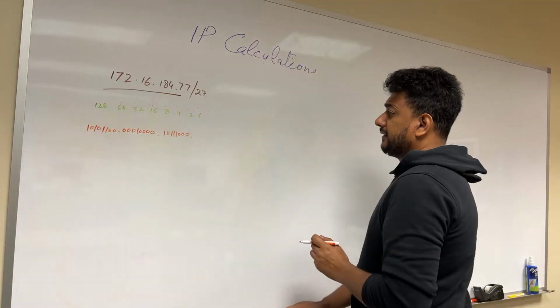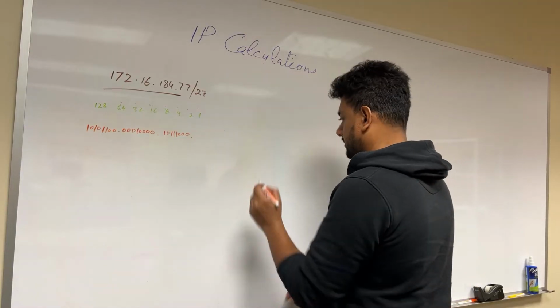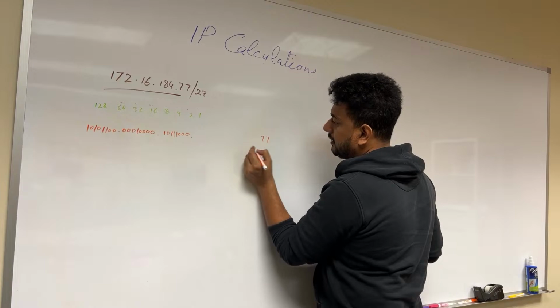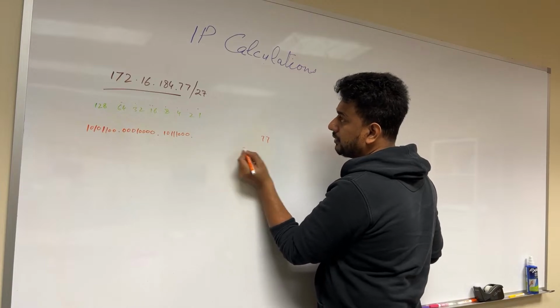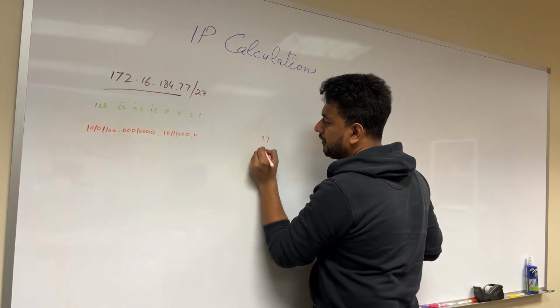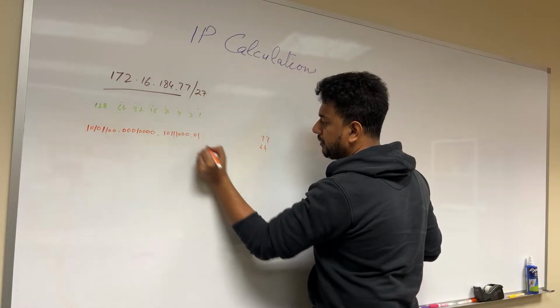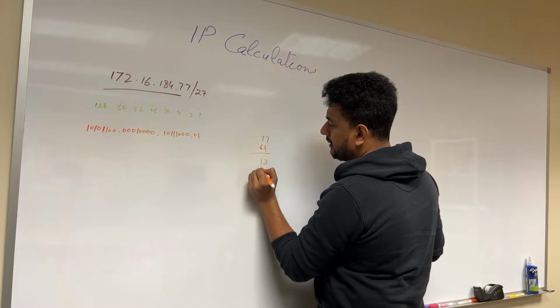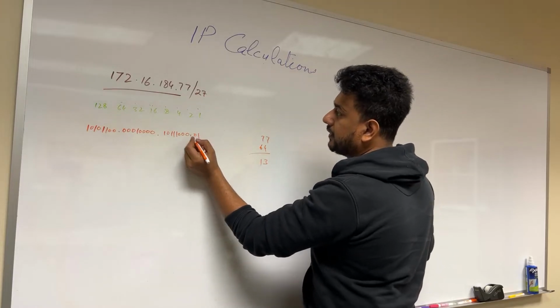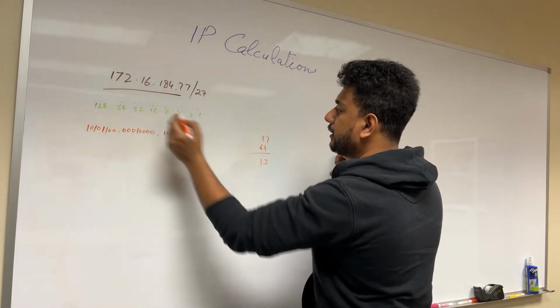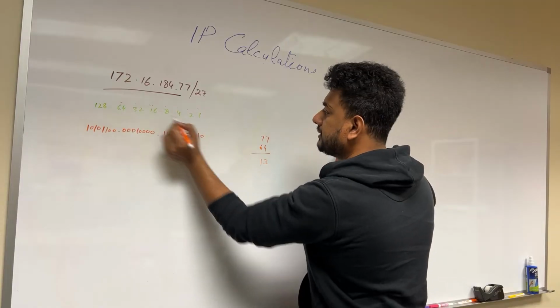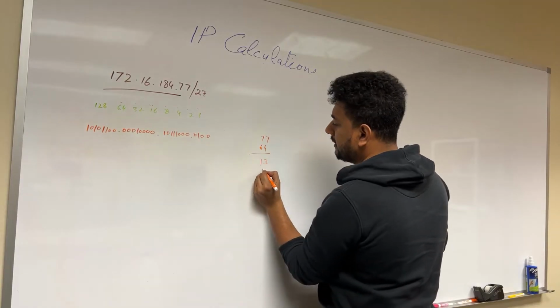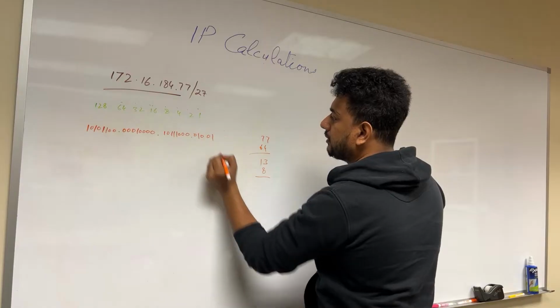Okay, for 77, we cannot do 128, so it's going to be 0. We can do 64, so it's going to be 1, and the remainder will be 13. Can we do 32? No. Can we do 16? No. Can we do 8? Yes, we can do it. It's going to be